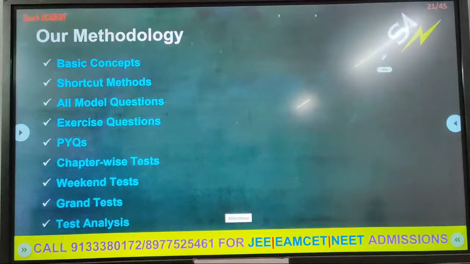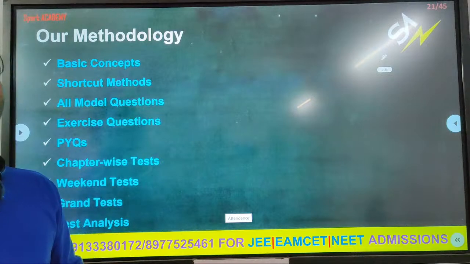So our methodology, what is the first one? Basic concepts. For any subject, the basic concepts are required. At the same time, it is not a common course. We are going to write an entrance exam, and for that, shortcut methods are also required. All model questions, exercise questions, previous questions, chapter-wise tests, weekend tests, grand tests, and test analysis. What is the position of the students